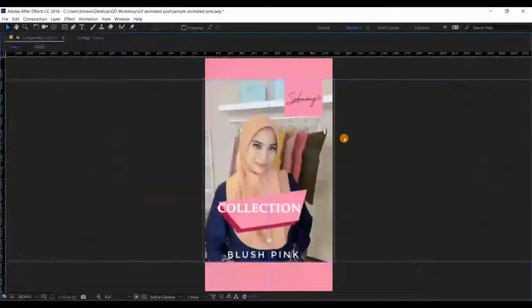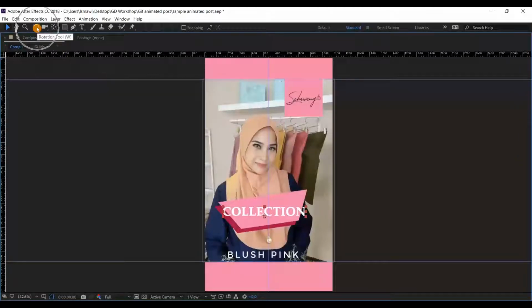So we're going to rearrange it. Okay, I'm going to make it a little bit slanted. To rotate your text or your element, use your rotation tool. It's on top here, or the shortcut is W. We're going to rotate it a bit, to make it the same slant as our graphic element.